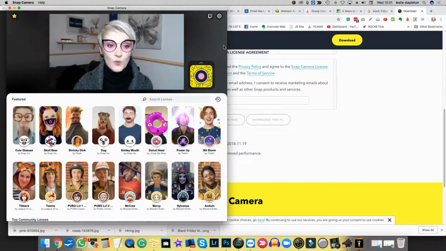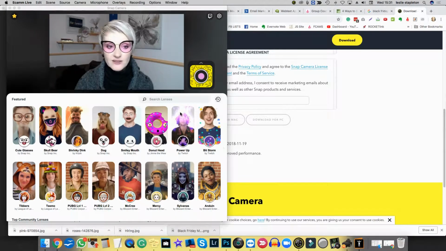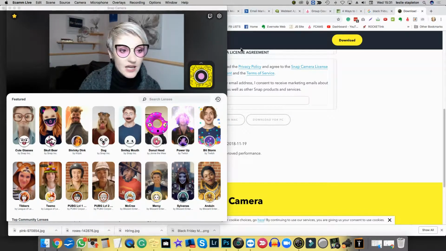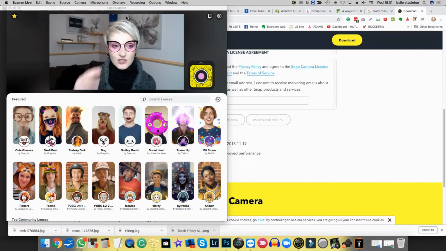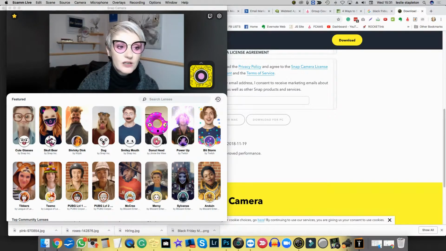And the interesting thing about this camera is that now if I go into my Ecamm Live, and I know, guys, because I'm streaming with Ecamm Live, you won't see my screen, but you do see the menu of Ecamm Live on the top. So if I go into camera, you can see that there is a snap. Okay, so in Ecamm Live, I can go and choose Snap Camera as my camera. So while I'm recording this video, you will see me, if I just go and switch